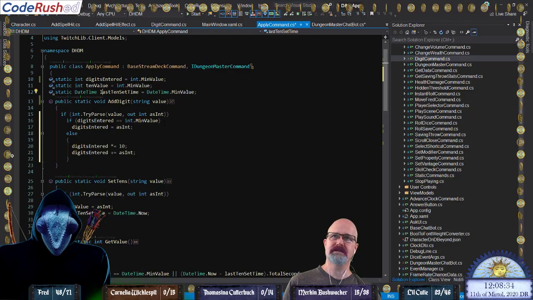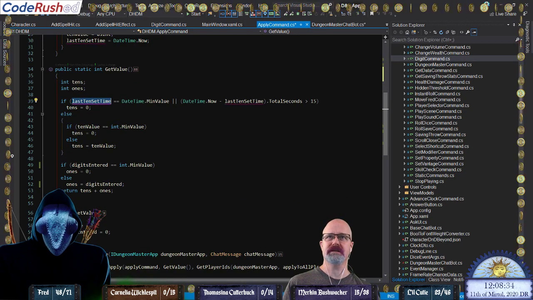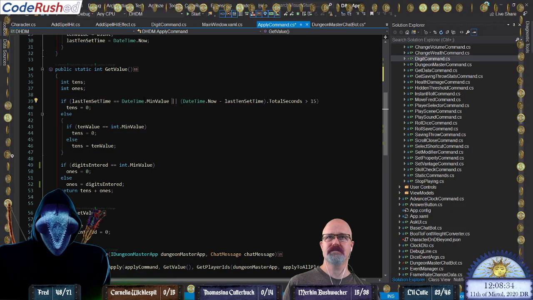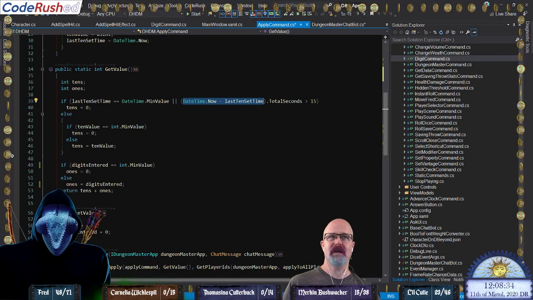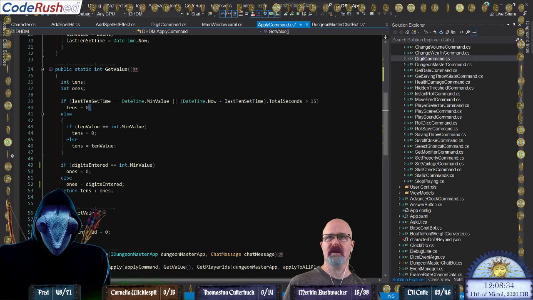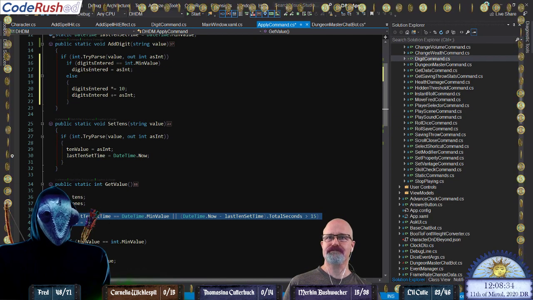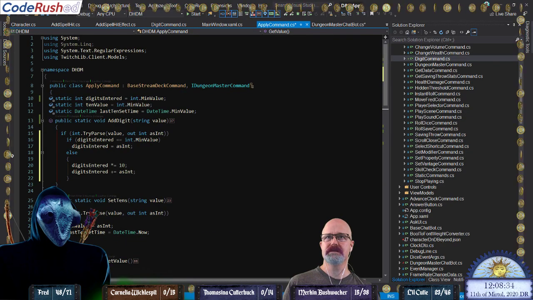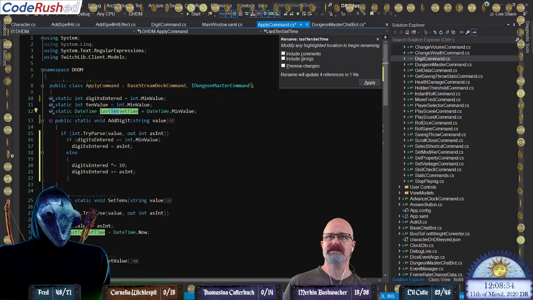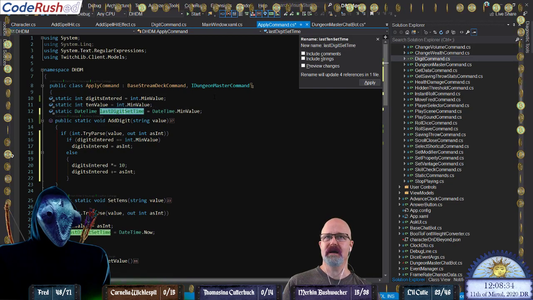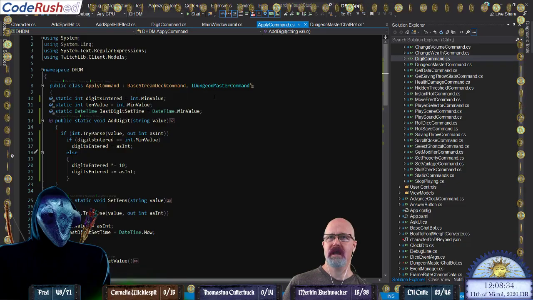But I do like this last 10 set time. What I was doing with this is checking, if it's min value, in other words we reset it, we're just going to set tens to 0 when we call the get value to see what the total value is. If now minus the last 10 set time, total seconds, is more than 15 seconds, we're going to ignore it. That's kind of what I was doing there. So what I want to do here is reuse this last 10 set time, but I'm going to call it the last digit set time. And I'm going to say, hey,